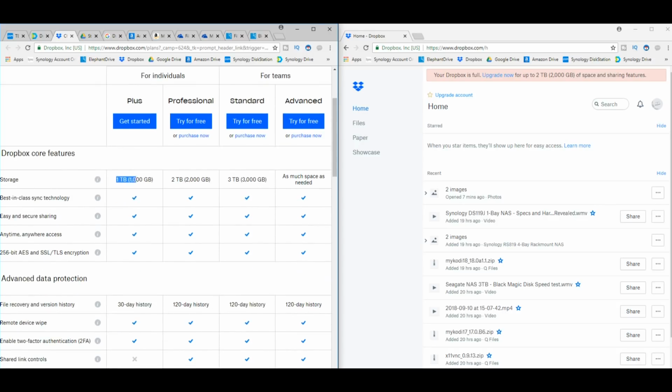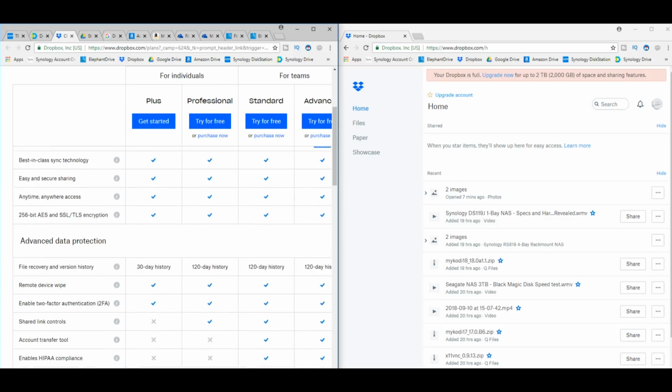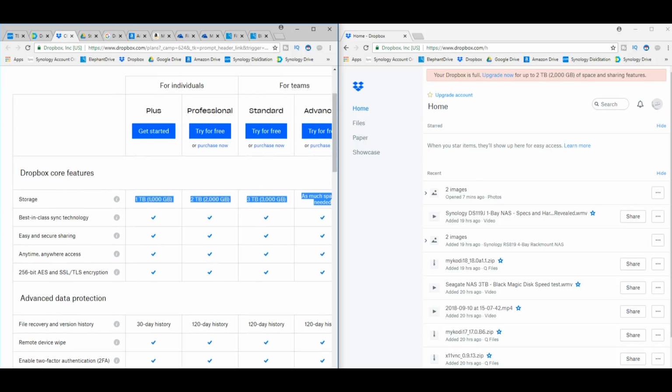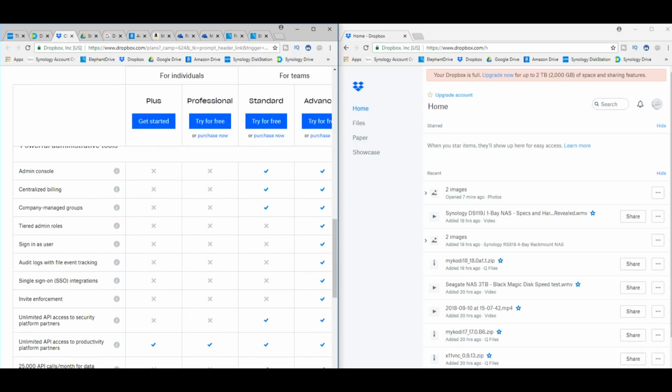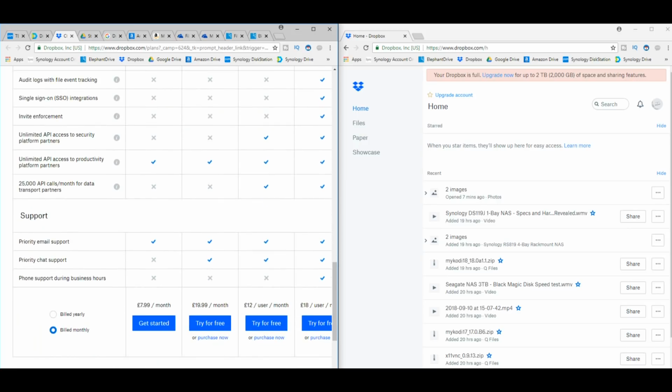And again, you've got 1 TB, 2 TB, 3 TB, or unlimited storage. At the bottom, and all of these I should mention, every single one of these features, except for one, which I'll talk about in a bit, are available on your NAS. All of them. There's a Synology or QNAP equivalent to every single one of these. All of them included